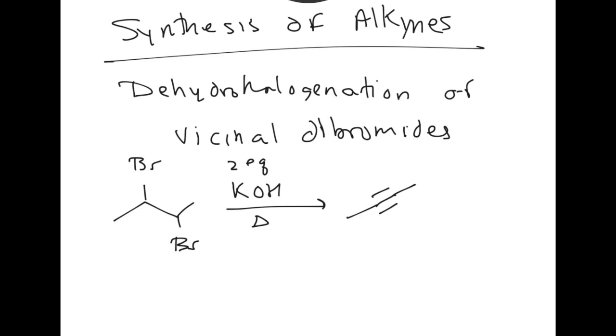Right? So this basically is just doing two dehydrohalogenations, like we did to make an alkene, right? You could say, hey, here's an alpha carbon, here's a beta carbon. My first equivalent of KOH, as it goes into my arrow, makes that way. Makes a vinyl halide, right? Now my second equivalent,